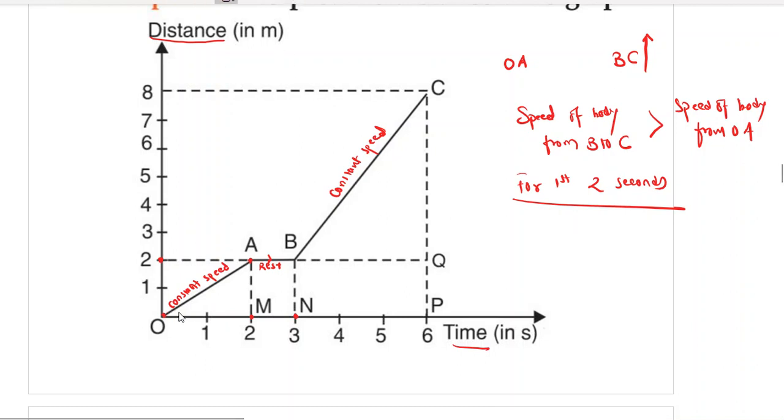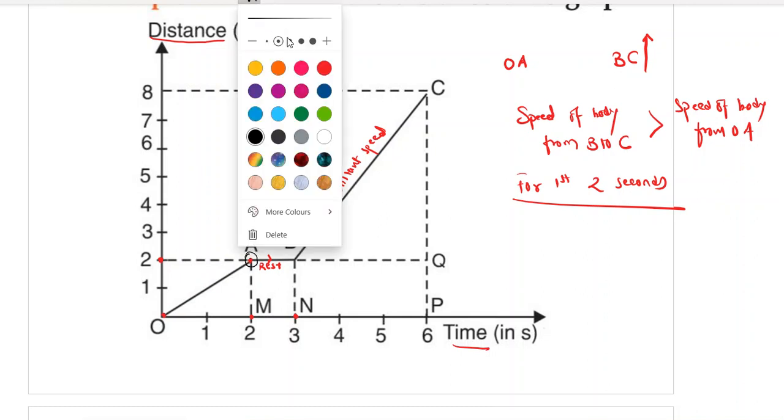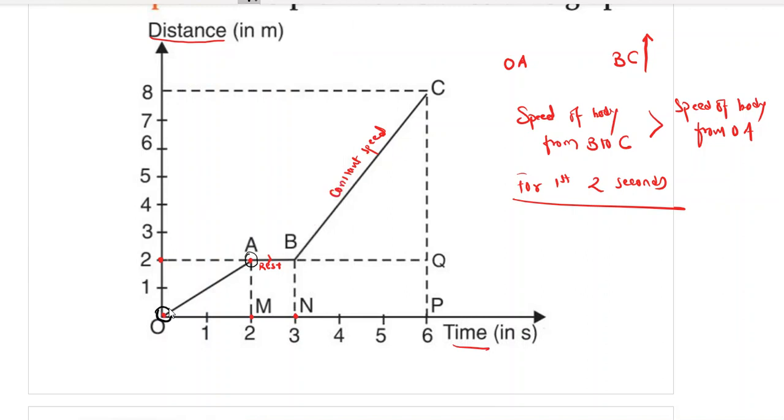I will again show you. This is again a revision kind of thing happening with you. So what you do is you select 2 points. The first point I will select as A and the second as O. So what is slope equal to? Slope is y2 minus y1 upon x2 minus x1. If you have not understood the concept of slope, this is a chance for you to understand.